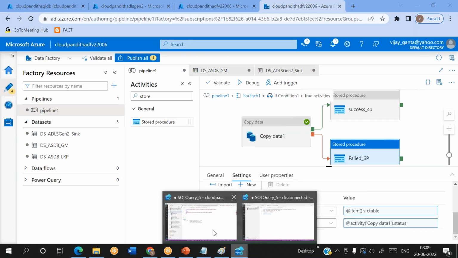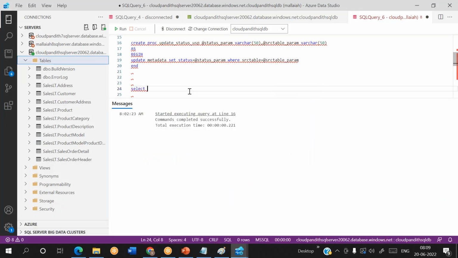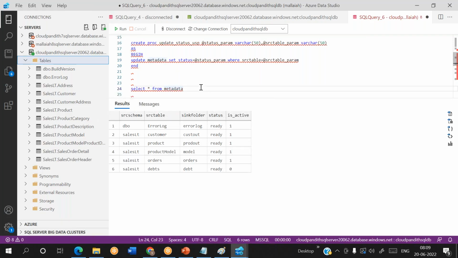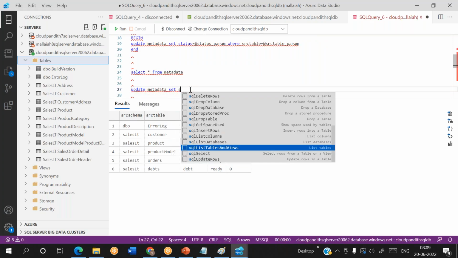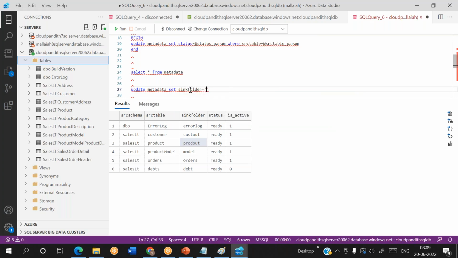Now my question is, let's say this is the metadata. Select star from it. See, the customer table, error log: success; customer table: success; product model: success; orders: fail; date: we are not taking at all. Now my question is, I want to make a failure of the product table, even though the product table exists. I want to make sure it fails. So I'll update a table, see now, the metadata, set sync folder equal to